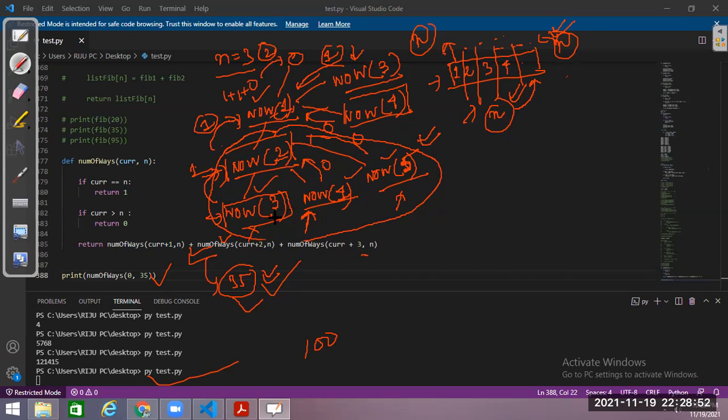The number of calls here is more, right? See, for each function call f of x, I had 3 more function calls associated with it. Am I correct? So we can expect that the number of redundant function calls that I will have in this problem will be way more as compared to Fibonacci.